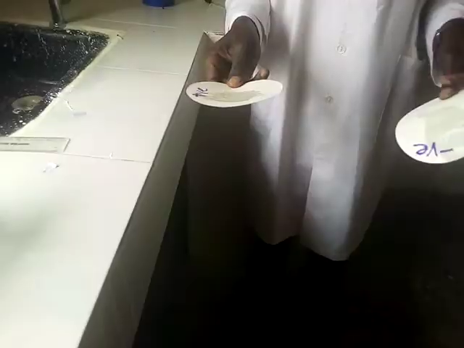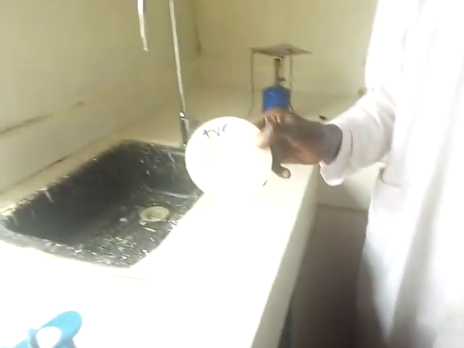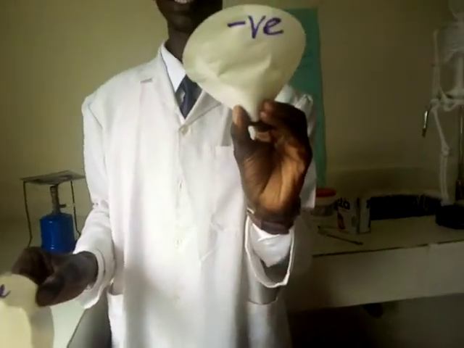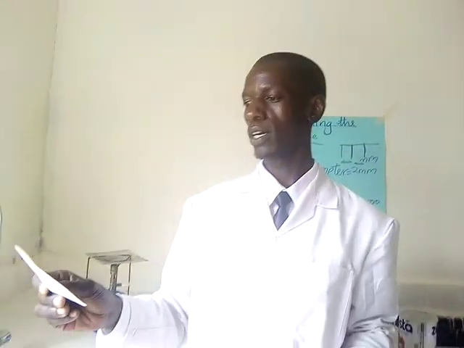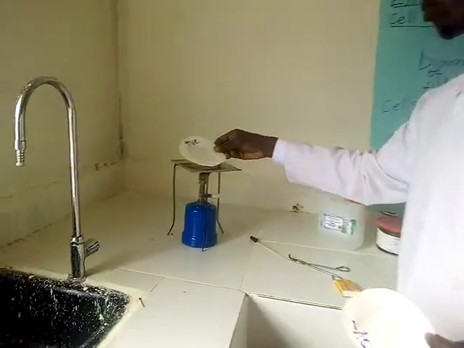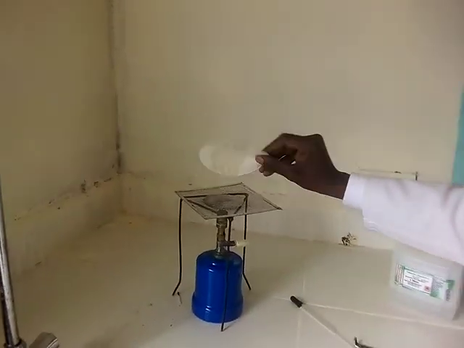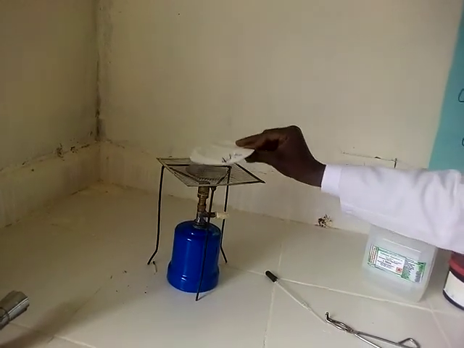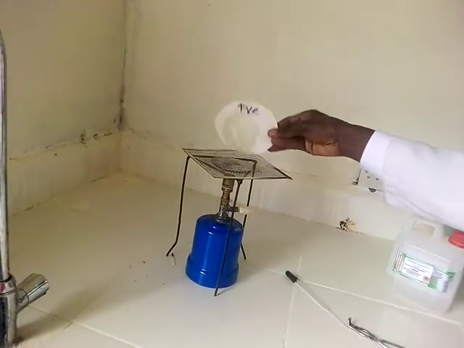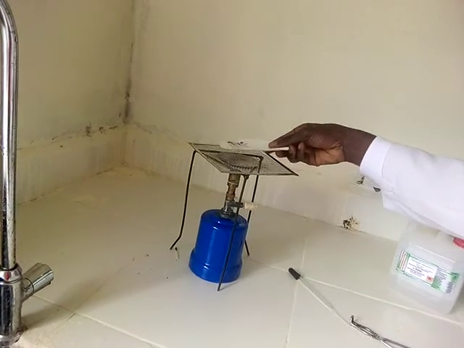The one on my right hand side, I've poured a solution that I'm suspecting to contain fats, while on my left I've poured water, which I'm sure is a negative result. Procedure number 2, sway it slightly above the flame, gently, without burning it. Here is my flame. I'm swaying it on a flame, gently, without burning it. I'm swaying both the two on a flame, gently, without burning it.